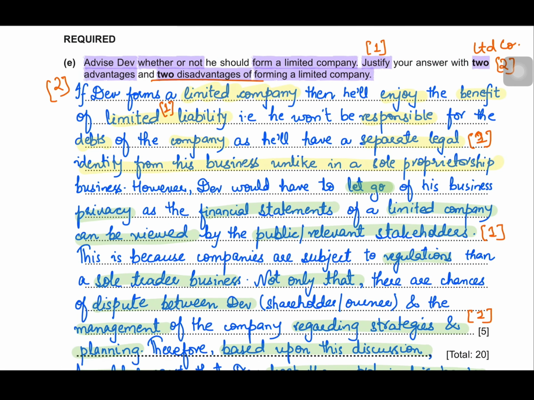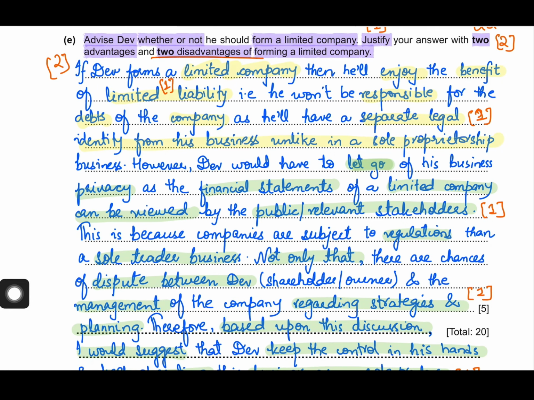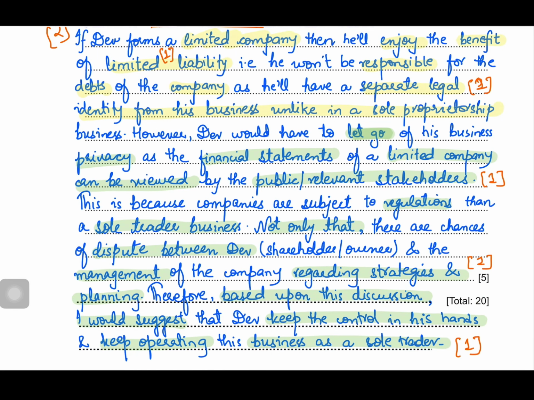Whichever side has more points, you can recommend that side. If you have more points for him forming a company, then yes, you can recommend that. And if you have more points that are drawbacks of forming a company, you can recommend that. So we are done with the first question of this